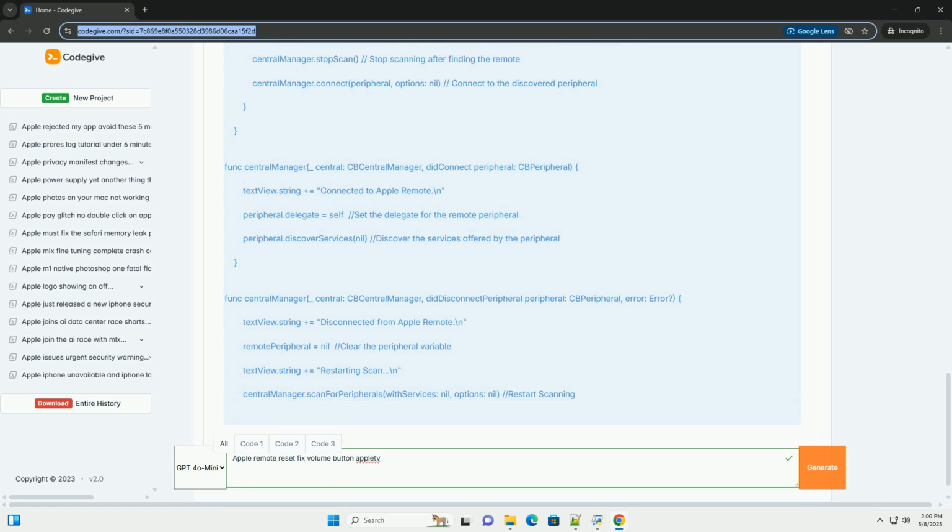Code security: review any code you find online carefully before running it. Limited functionality: this is a simplified example, a real diagnostic app would be more complex. Accessibility settings: in some cases you may need to grant the app access in System Preferences, Security and Privacy, Accessibility. Steps to use the macOS application: